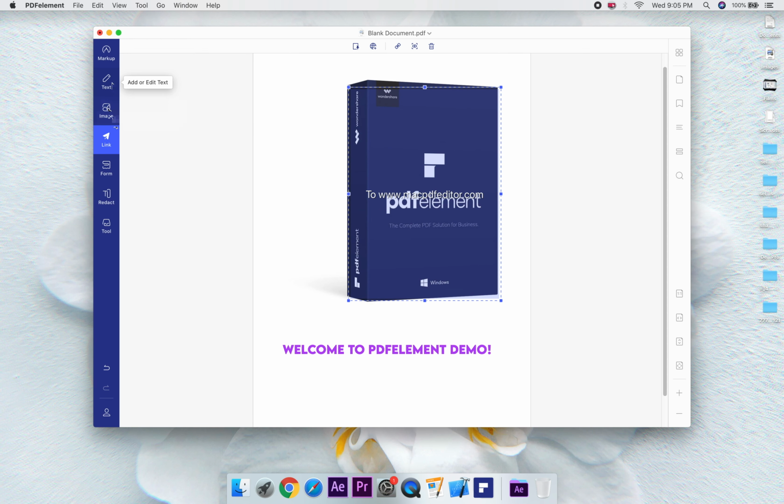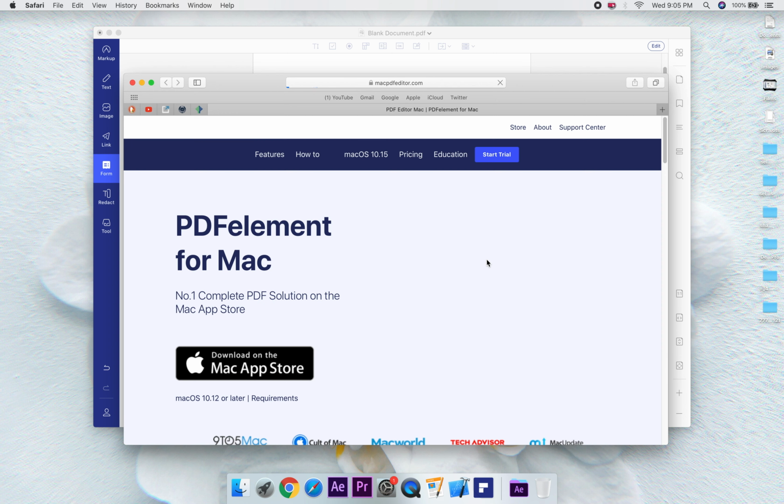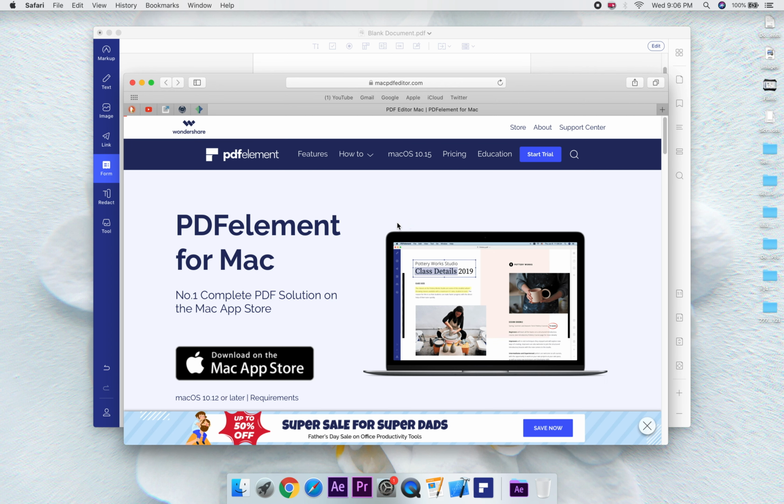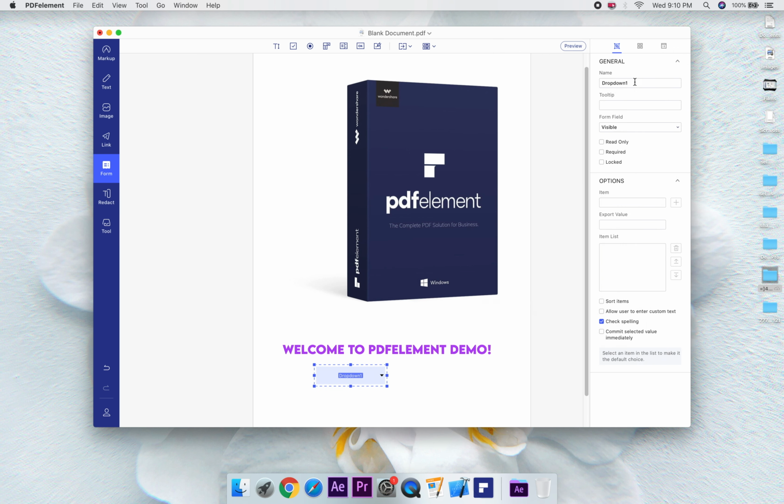Now if you click on the image, it gives a warning that we are getting directed to a website. And if we click open, we get to the linked website. Now there's also forms category, which gives you all the forms related elements like checkboxes, radio buttons, drop downs, list boxes, etc. Now they're really simple to use, and all the related options are given in this drawer element, which you can open by double clicking on an element.